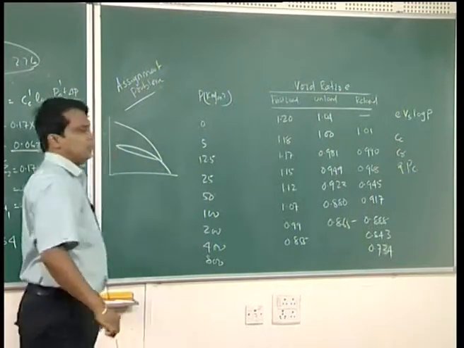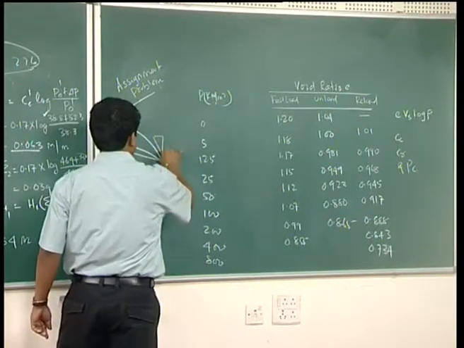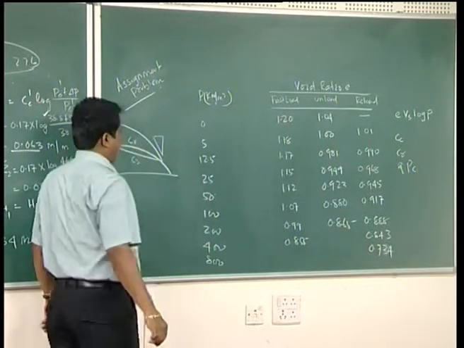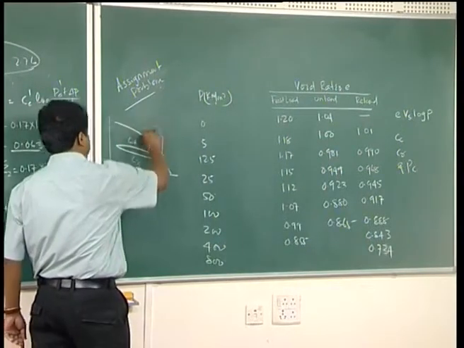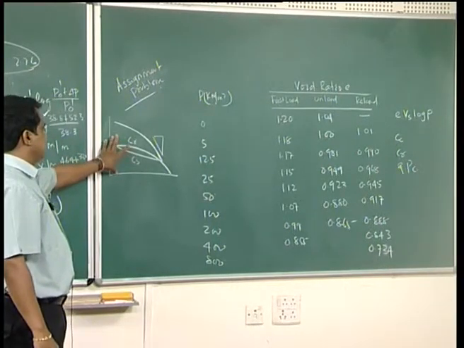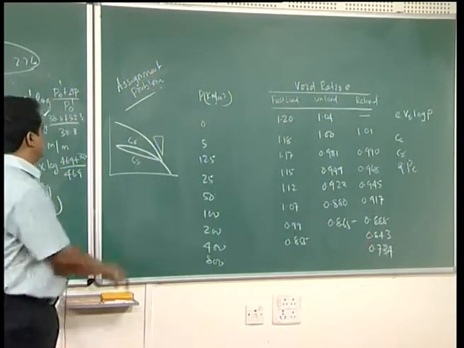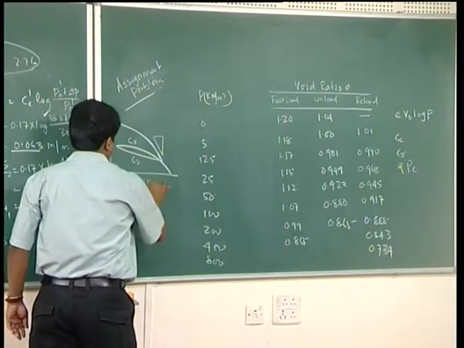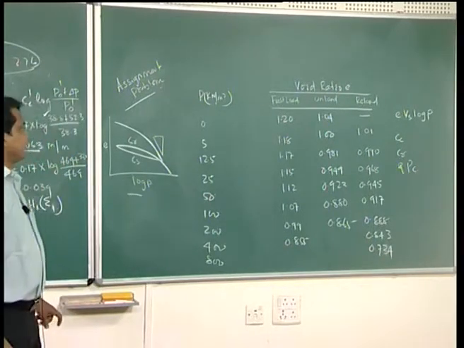Once you get it, find out your Cc, the slope of this, then find out your Cs, find out your Cr. Then once you get it, find out the pre-consolidation pressure. From this curve you can find out the pre-consolidation pressure, and do it on graph paper and do it very neatly, so that you will get the appropriate result. Use your scale, a proper scale, it will be an e versus log P diagram. So, this is one assignment. Try and do it.